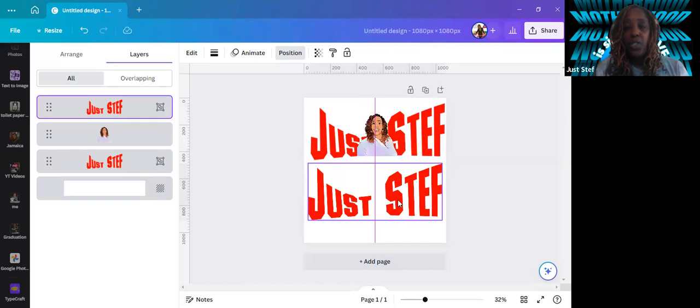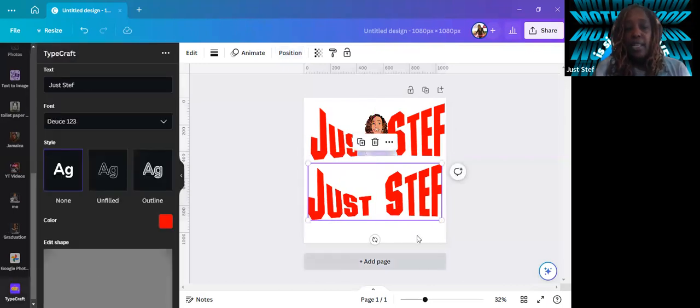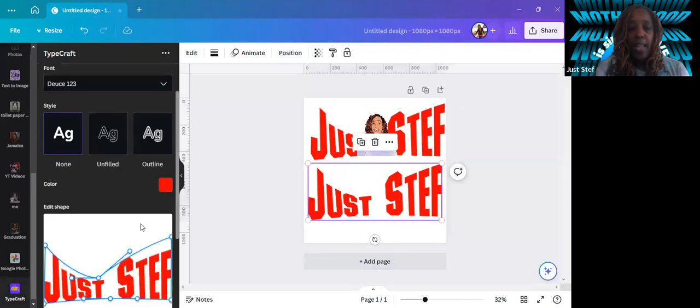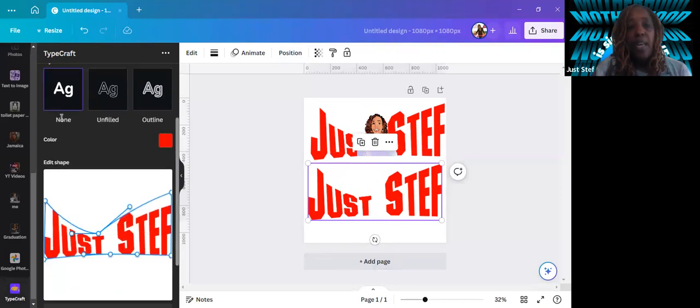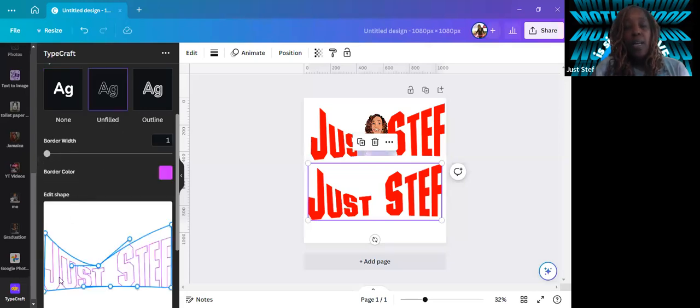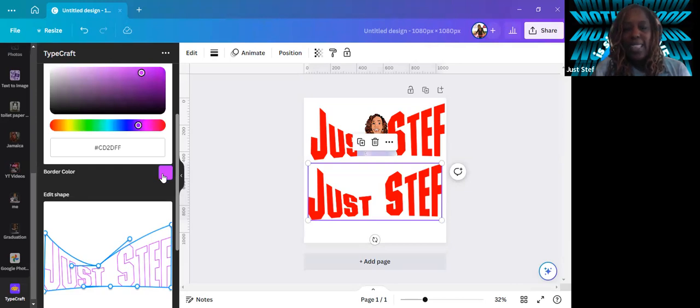Once I make that duplicate, let's go down to Typecraft again. And this is what is showing right here, the just stef. And we're going to go back to unfill. Once I hit unfill, I want to change my color. And I think I'm going to do black. That way it has an outline and you'll be able to see my outline. Only for this